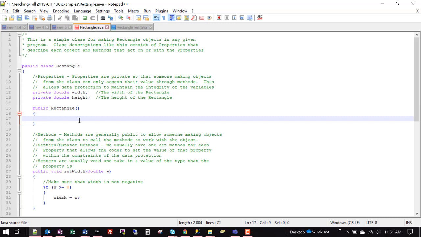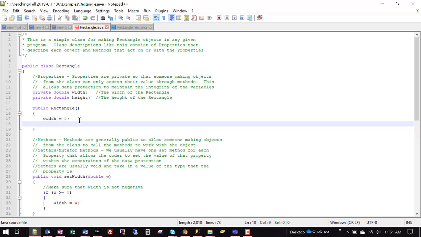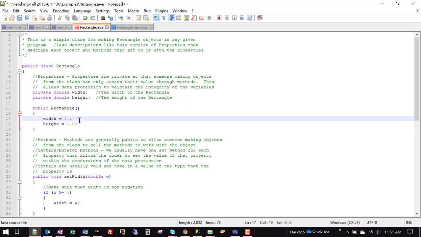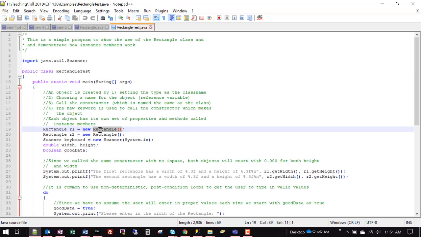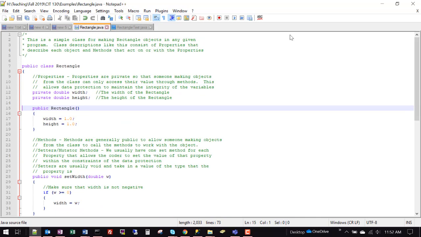very, very shortly. But let's just finish out our no argument constructor by basically saying the generic or base rectangle object has a width and height of 1. And I should put the point 0. They are floating point variables. And now we don't have a rectangle of 0, 0 when we call these no argument constructors over here. They'll change to 1 by 1. We can see that